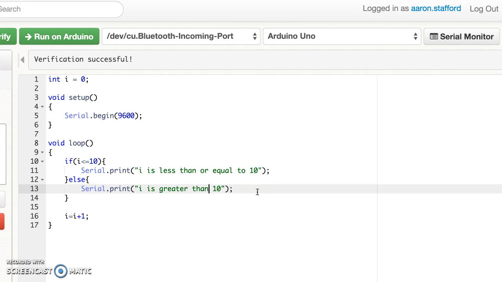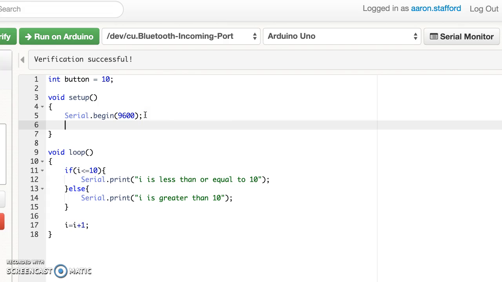Okay, and so an if statement is really useful for making decisions. And now at this point you might be wondering, well, why on earth would I want to even make a decision in a program? And here's why. Let's go ahead and do one more program together. Let's say that we have a button on pin 10. And we'll have our serial monitor set up, and I'm going to say pin mode,